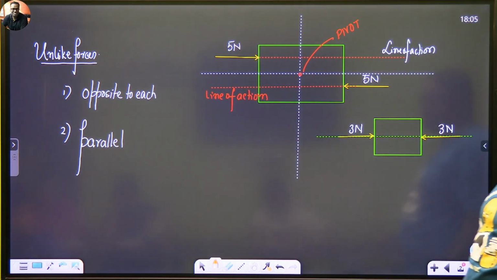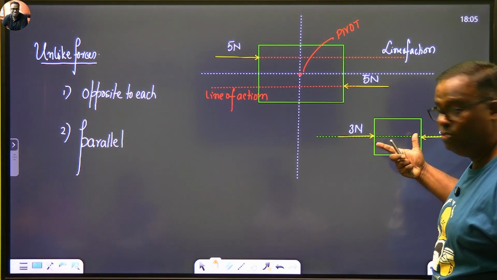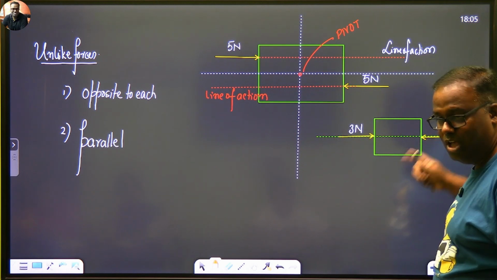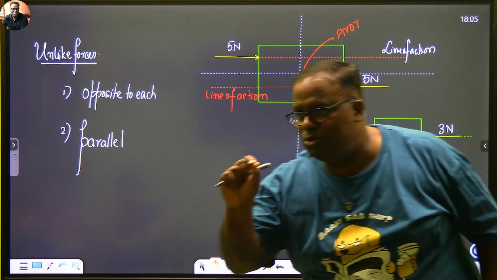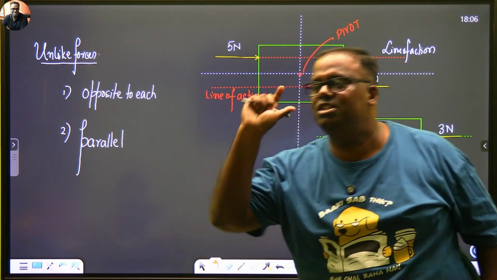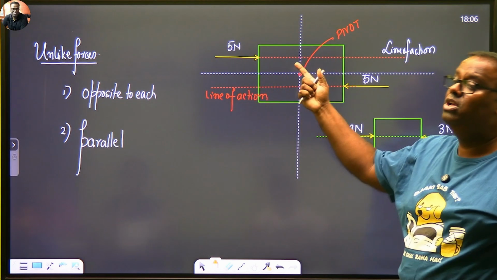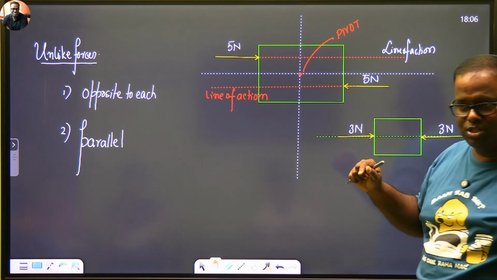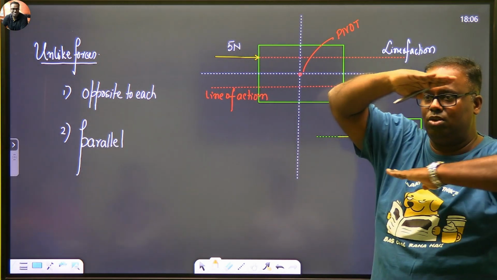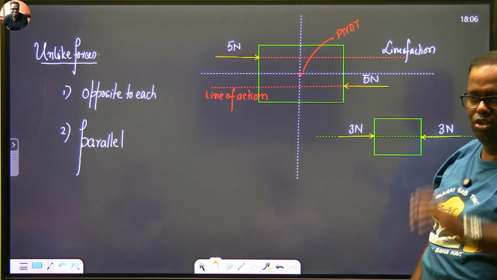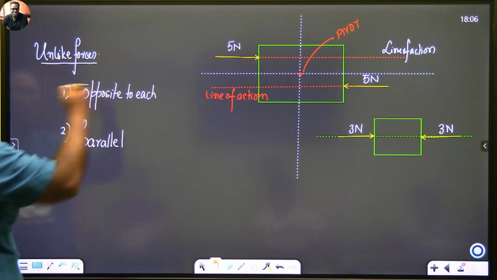Now let us define once again. If the lines of action of two unlike forces which are equal in magnitude but opposite in direction meet, it will not produce any sort of a movement in the body. However, if you have two equal and opposite forces whose line of action do not meet, it will create a rotation in the body. ठीक है ना? ऐसा हमने देखा।